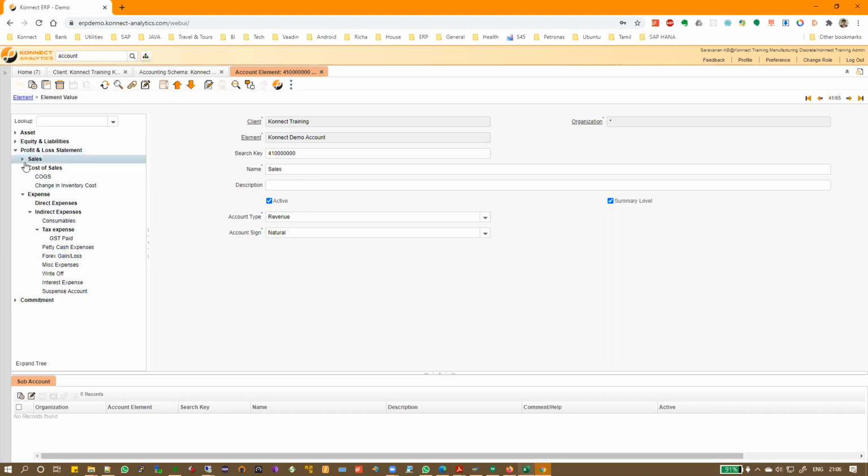So all our sales will be 4, and our expenses also will follow the same number. Why we have done it is just for easy identification. There is no hard and fast rule you need to do it like that. You can give any name you want. But for us, when we look at the number, immediately we know whether it's a balance sheet item or an income statement, or a liability or an asset. It's for our identification.